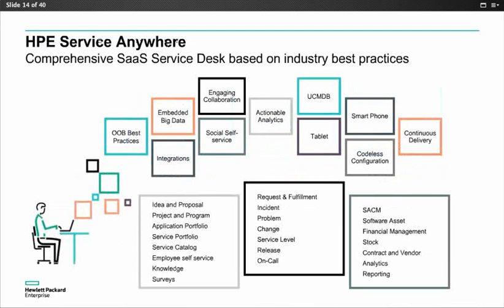As you can see from this slide, Service Anywhere includes all the functionality you'd expect in a service desk and more. We are the only SaaS ITSM solution that has true big data embedded at our core, not bolted on. That means big data is expressed throughout the application in the workflows where you need it. The ITSM user does not need to jump out to another application or flip between screens to get the data